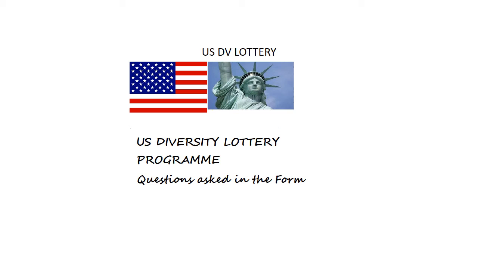After you submit a complete entry, you will get a confirmation screen with your name and a unique confirmation number. Print this confirmation screen for your records and keep it with you. Normally, every year starting from May 5th, you will be able to check the status of your entry by returning to the dvlottery.state.gov website, clicking on entrant status check and entering your unique confirmation number and personal information.